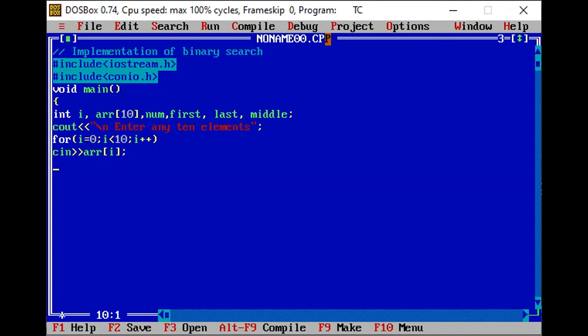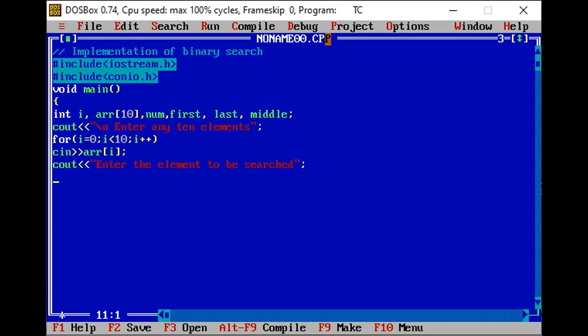Okay, next thing is that I need to search for a particular element. So I am writing like this: cout, enter the element to be searched. I will need to enter that particular element to be searched here.